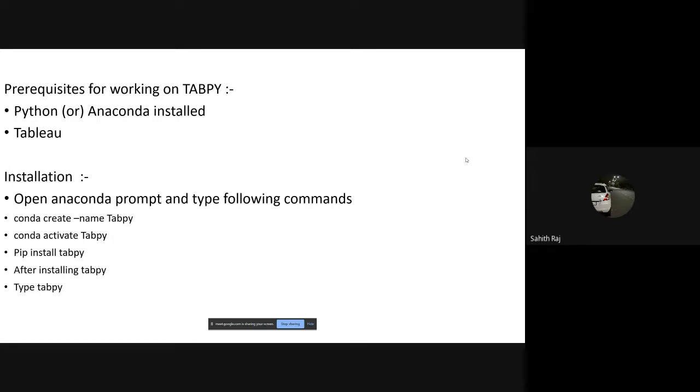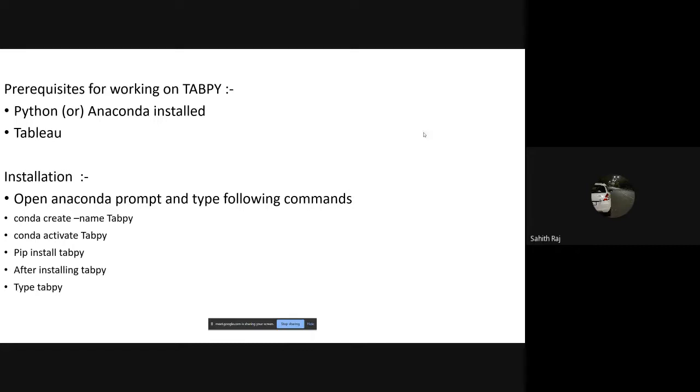In this case, my environment name is TabPy. You may ask why we have to create another environment. The reason is that these kinds of packages are really picky about other dependencies, so it doesn't allow other dependencies to dominate it. That's the reason why we have to create another environment.